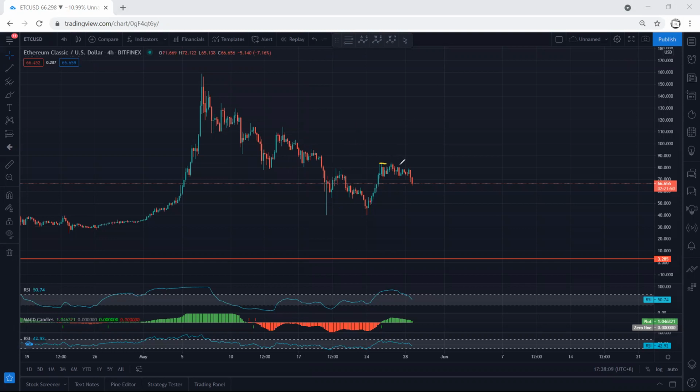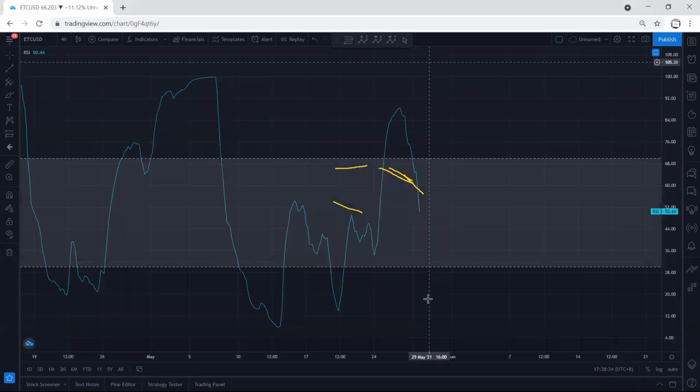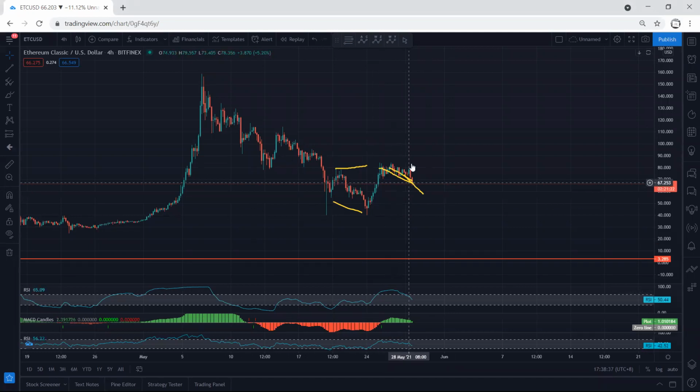What I can see here is that we can still put this one as a correction relative to this. That means we can look for buy. How about if this is the start of the down move and we will have this flat, as I mentioned? How can we look for trade? First of all, I don't see any information here to confirm that this is the start of the down move, only this flat. Even if you refer to the indicators, they don't show me anything. I cannot rely on the indicators unless I get one move up with the divergence. That means I will still consider this one as a correction.